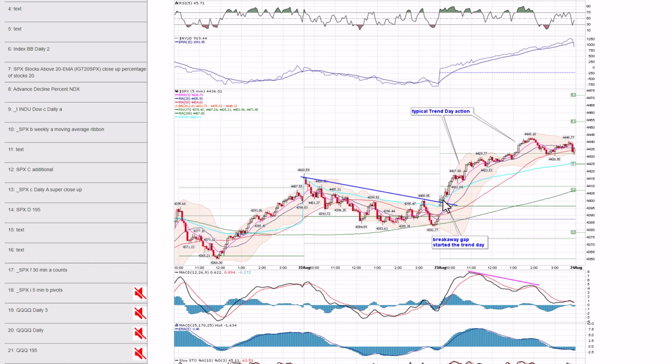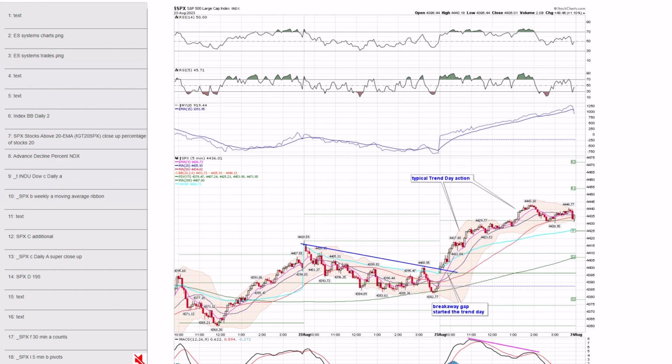So I bought a bunch of futures and UPRO, ETF, stuff like that, and had a good day, even chasing the gap. The way these trend days go, they'll gap up. You won't fill the gap. In fact, you'll rally strongly all morning long, usually into the early afternoon, and that's what happened. Okay, that's a typical trend day. Usually after a trend day, the next day is a consolidation day. So we'll see if tomorrow is more of a chop consolidation day.